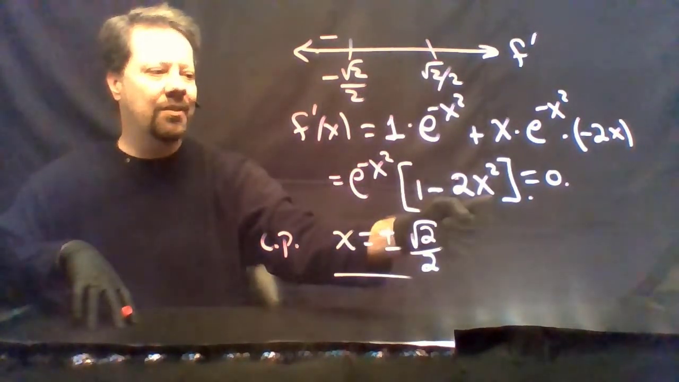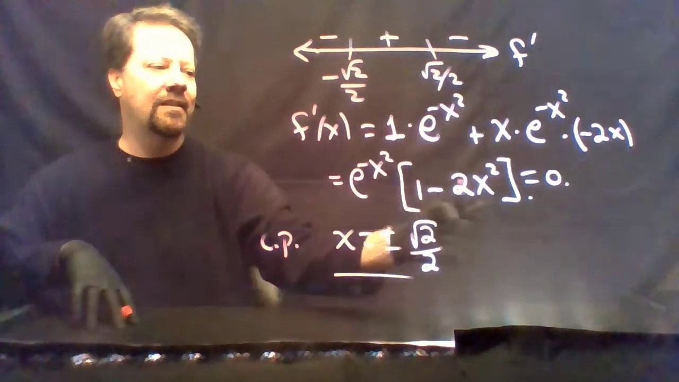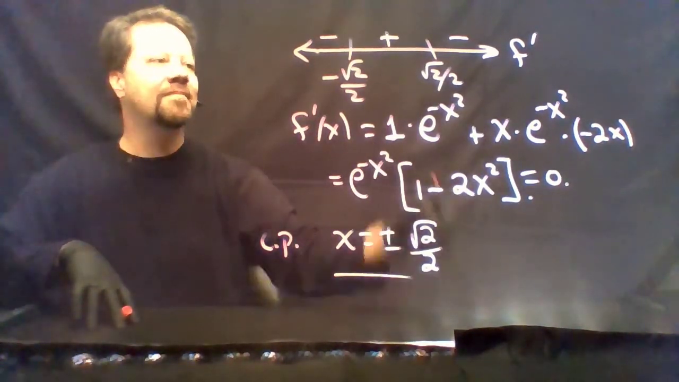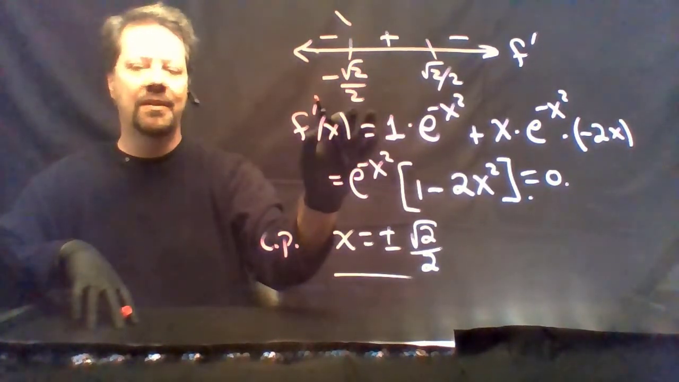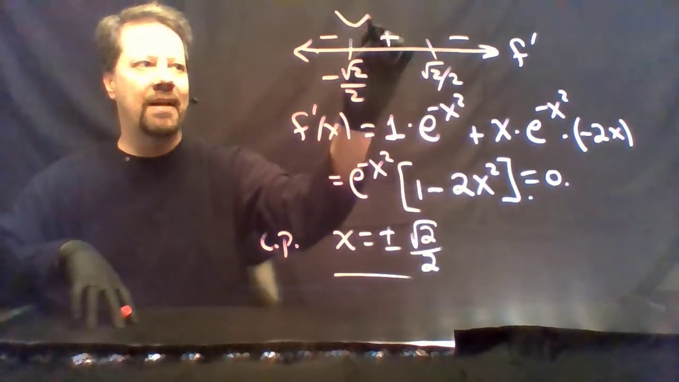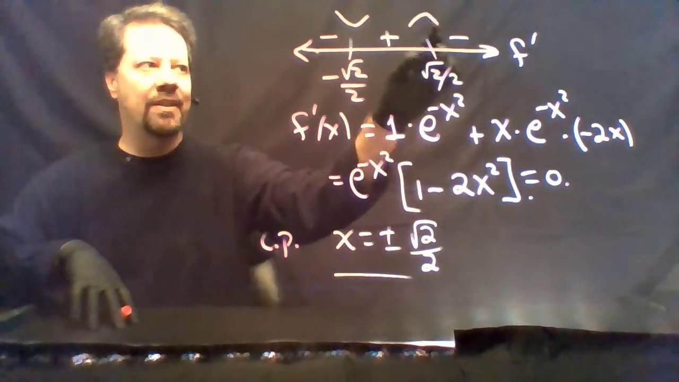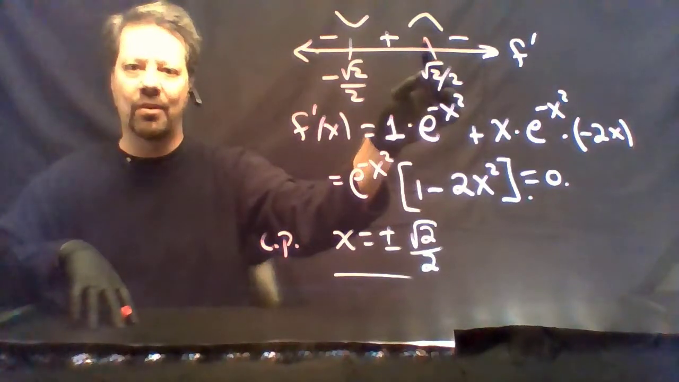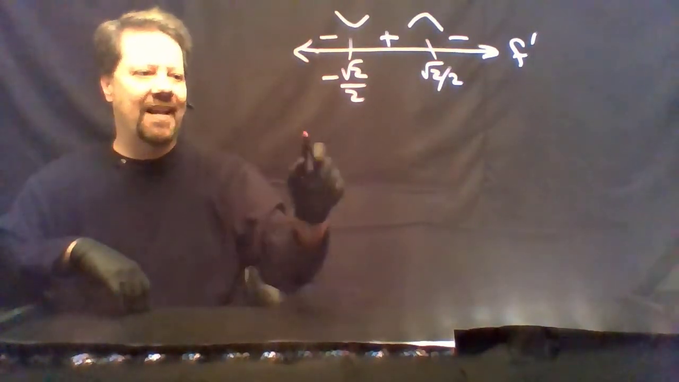If we plug 0 into here, we get a positive number and then negative on the other side. We deduce that you're going down until you get to negative root 2 over 2, so we have a local min there. Up until you get to root 2 over 2 and then down afterwards, so we have a local max at that location. Expressing our answers,